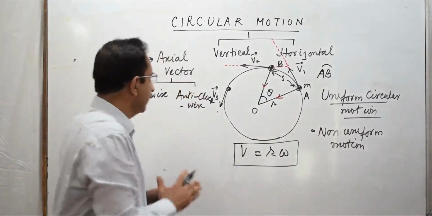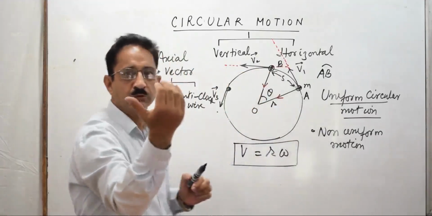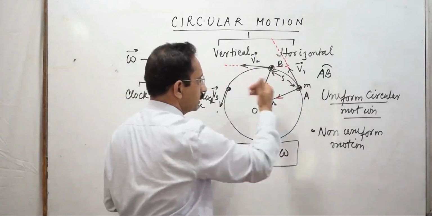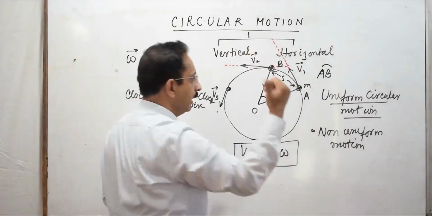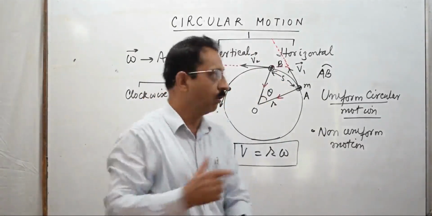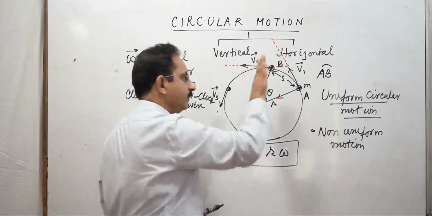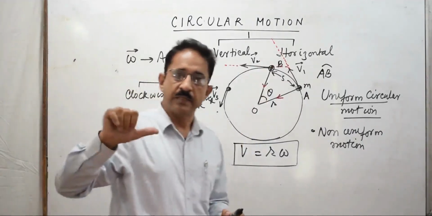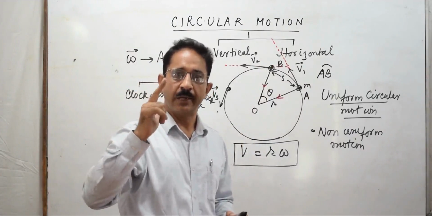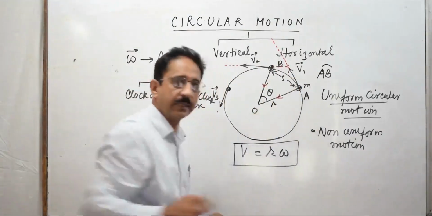By convention, when there is an anti-clockwise rotation, we use a right hand rule, which says that if the rotation is anti-clockwise, then the direction of omega will be given by the thumb, and that will be outwards towards the reader. That means towards the observer. And if there is a clockwise rotation, then omega will be inwards. In that sense, omega can either be inwards or outwards, whereas the direction of omega is perpendicular to this plane, the plane in which R and V lie.